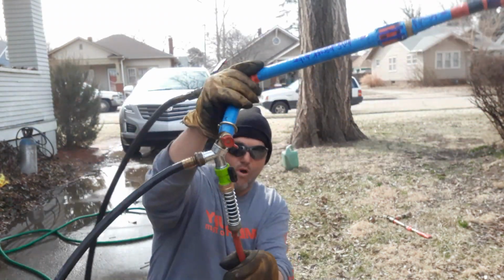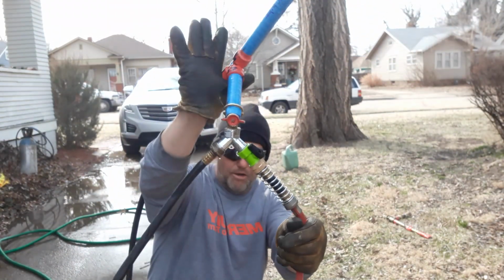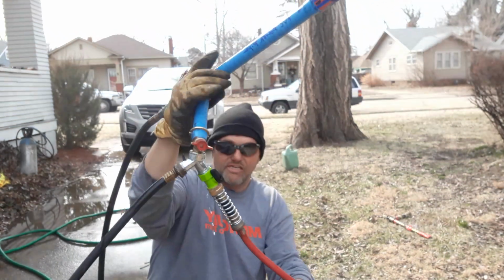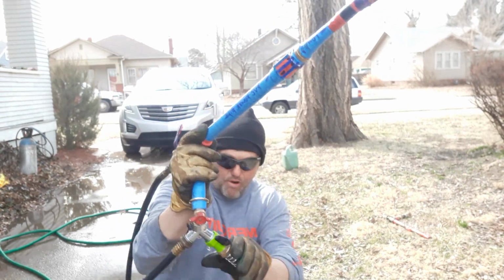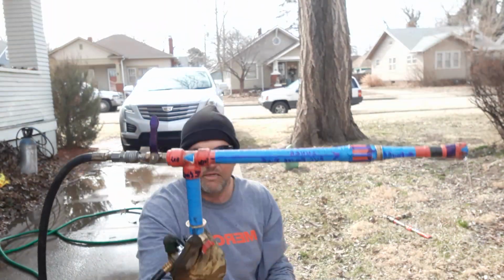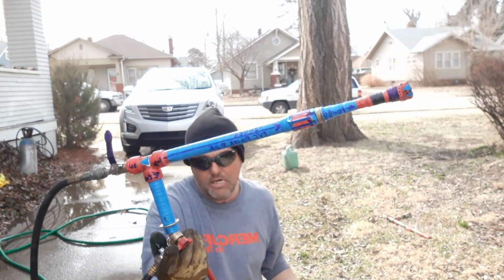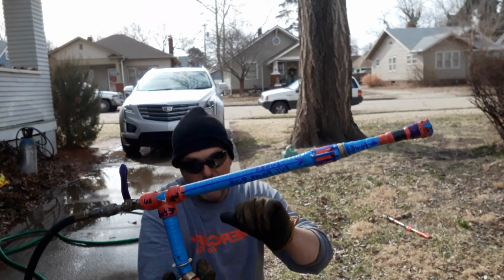So anyways, that's one modification you can make pretty easy. This is just a little cheap $1.99 Y adapter. Like I said, you can do this where your washing machine is at your house, or you can even run one of these to your hot water tank. So you just instantly have hot water. On the PVC gun, I would not run any more than 140 degrees through it. If you're running like a hot tea or whatever, that's going to melt the PVC. You need to go